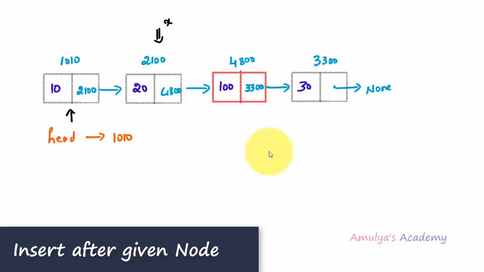The operation is different, right? We need to write different code. Because here we can see if I want to add a node after an existing node, for example after this one, then the X node needs to contain the reference of the new node and the new node should contain the reference of the next node of X. Previously this node was the next node of this node. Now we need to insert this node between these two nodes. So if we want to insert a node after a node, we need to write separate code.